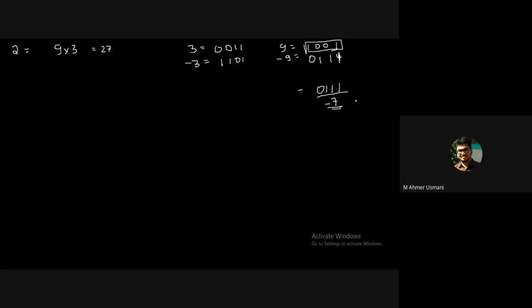So what you're doing is 3 into minus 7. What is the answer that you'll get for this? You'll get minus 21. What you're supposed to get is minus 27. You're getting the answer as minus 21. Is that clear? Yes, sir. So you'll be making a mistake over here.